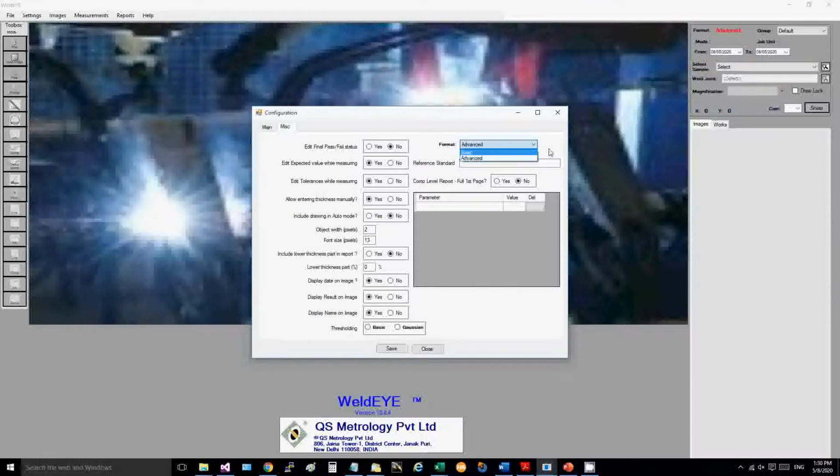But if your requirement is very basic, you just want to measure the data and do report generation, you do not have any conditions or rules or different types of joins, then you can go for basic mode also. There is no difference in the accuracy or the quality of image or the quality of report, both are same. Even the navigation and user interface is same for basic and advanced.